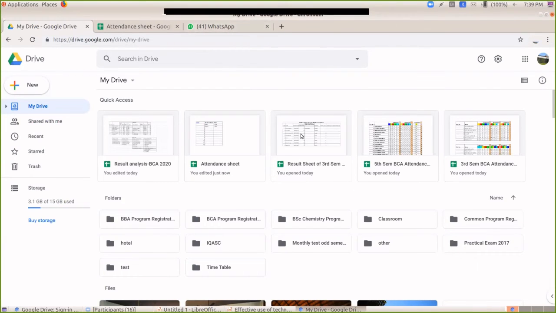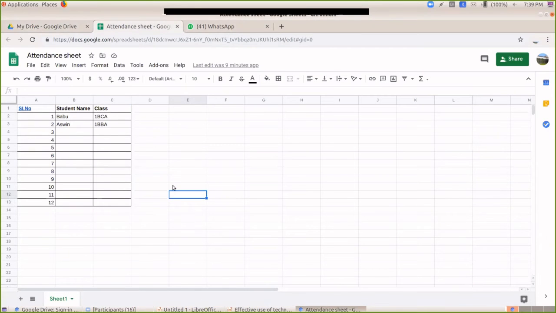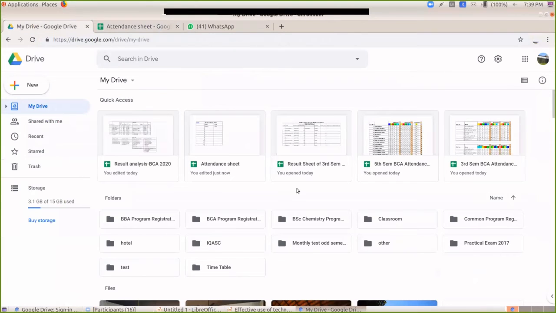Madam, can you see that? Yeah, I'm seeing, but I do not know how to edit. When you open the sheet, I got the sheet. The third one, I want to add some name, but I am not able to. For that, you need to install the Sheets application on your mobile phone. Okay, that is the reason. Okay, sir. So that you can edit it, right?